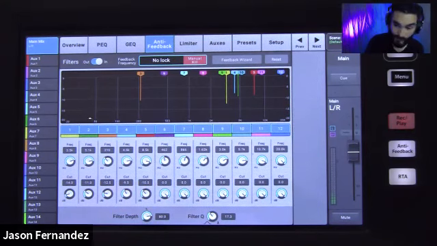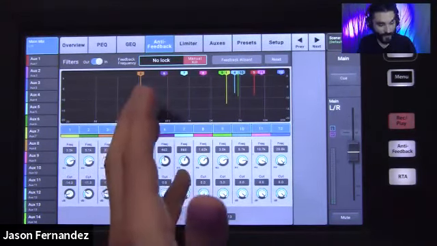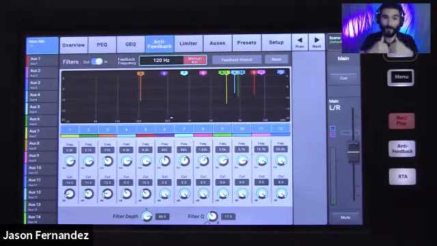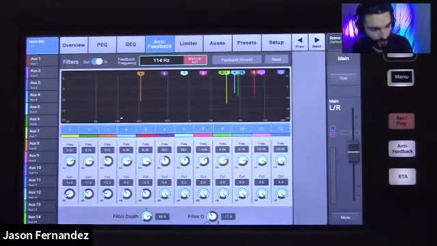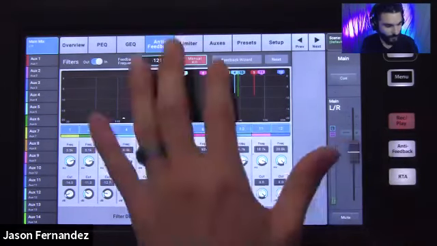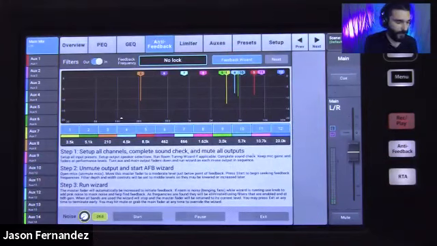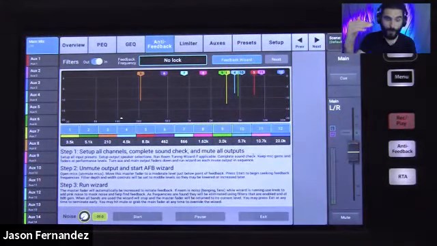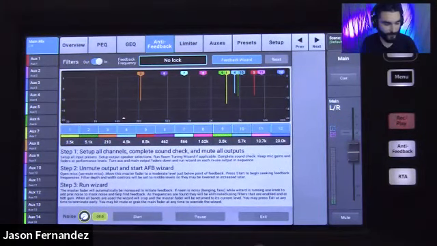So there you go. That was the feedback wizard. You can see it is incredibly reactive, and it'll apply the filter before the ring gets too annoying or gets to that ear-piercing level. It's an awesome tool. And once you feel like you've got enough filters, or once you've got this to an adequate level where you're not feeding back, then you can exit the wizard here, or you can let it keep going until it automatically finds a spot where it's not needing to apply filters anymore.